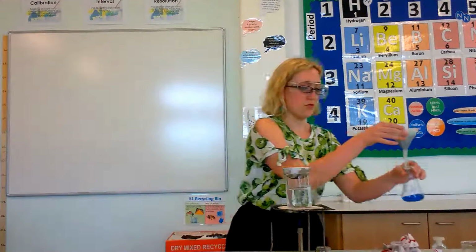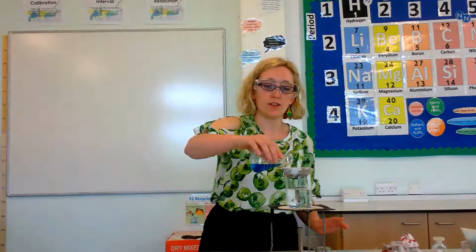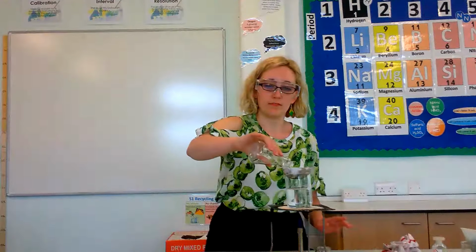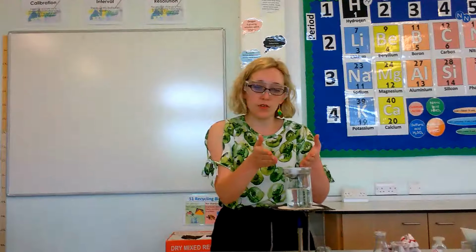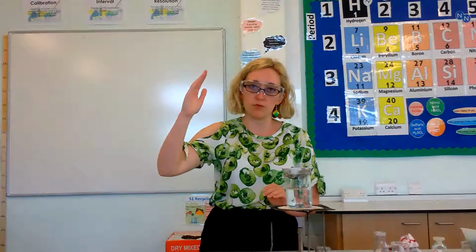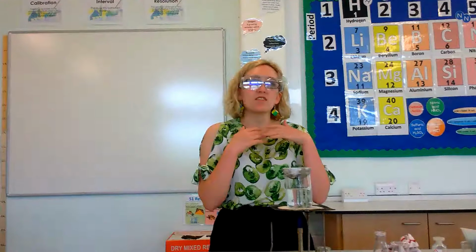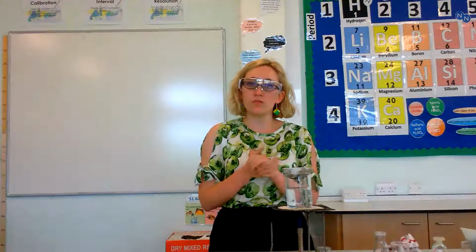Now this is finished, there's no more drips. So I'm going to pour it carefully, not too quickly, don't want to spill it over, into my evaporating basin. This next step can take quite a while. What you want to do is evaporate off some of the water that we've got in here. You want to wait till it's about a third full, so you've evaporated off 2/3 of the water. After that's happened, you take the remaining liquid and you pop it on the side for a day or two, somewhere near a window so there's light coming in. That's going to let the water evaporate nice and slowly, and we should form some lovely big